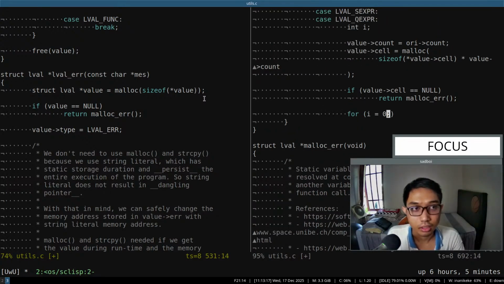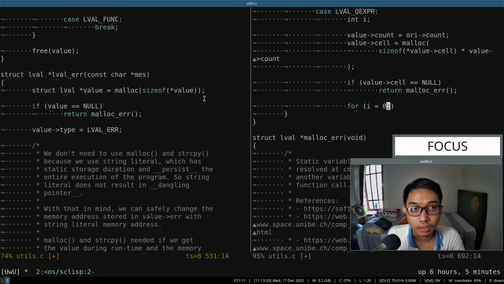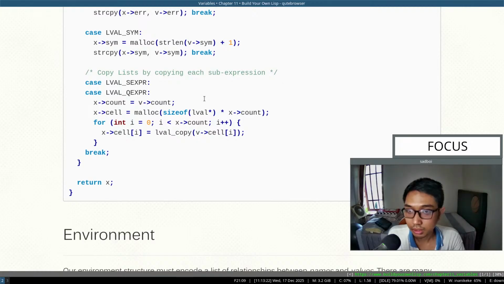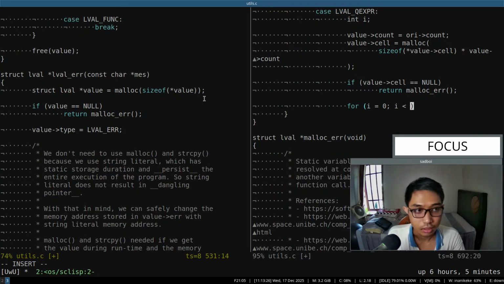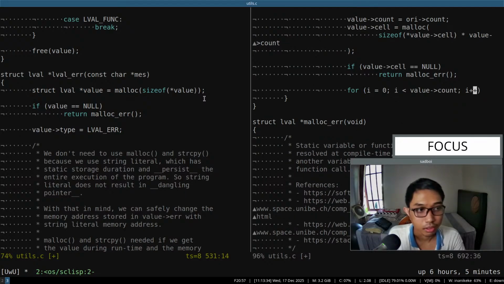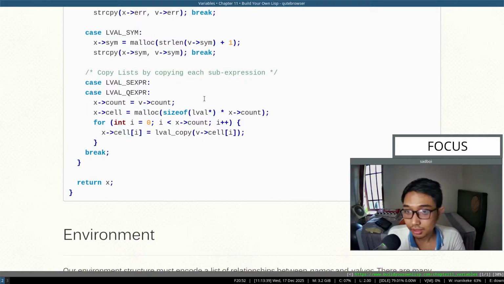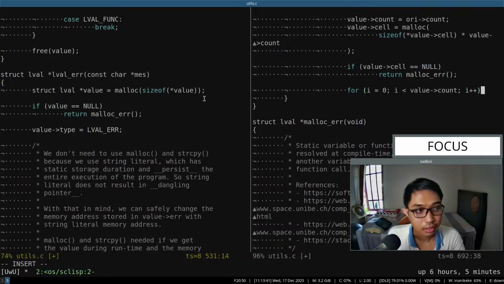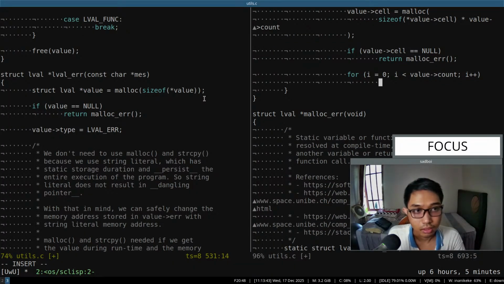I mean, this is subjective preference, and then i less than value count, plus plus, or plus plus i, I guess. Basically the same thing, and then